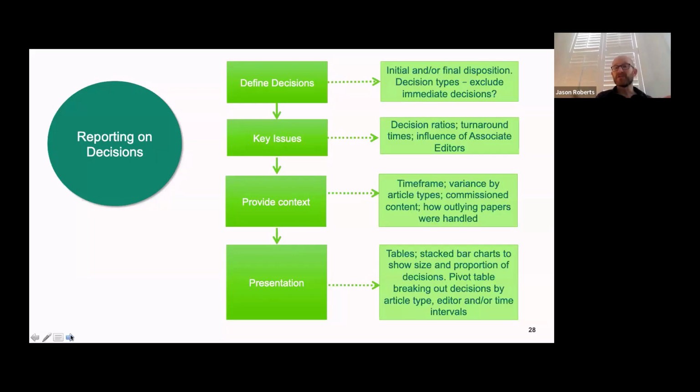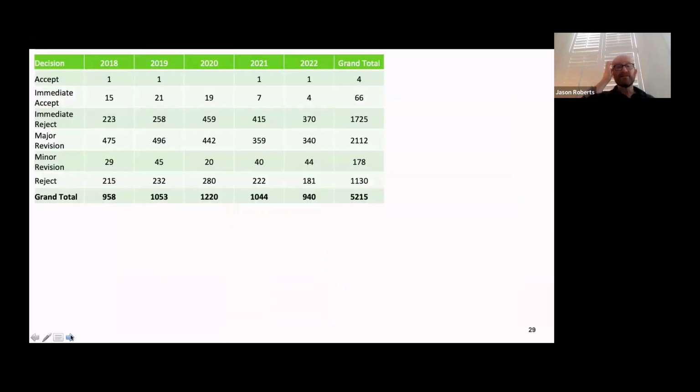Also provide information on how outlier papers were handled. You know, what did you do with them in the end? Why were they outliers in the first place? So there are different ways that you can report on that, but the way that I like to really report